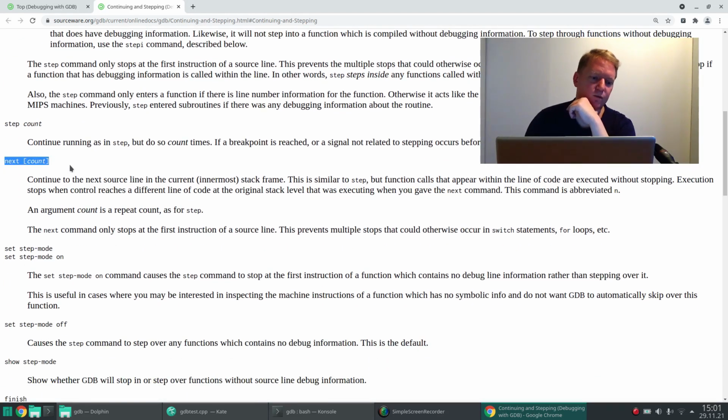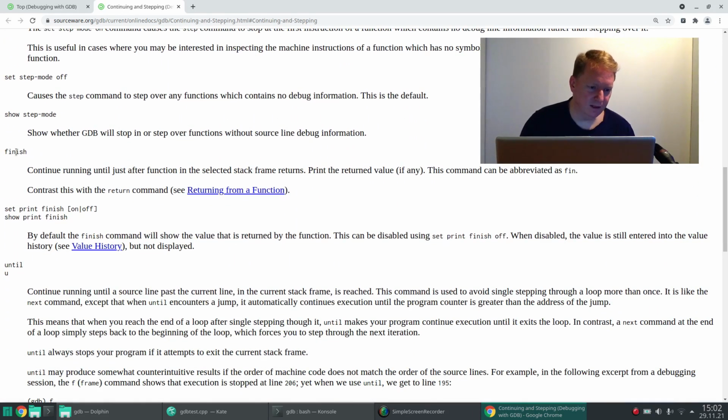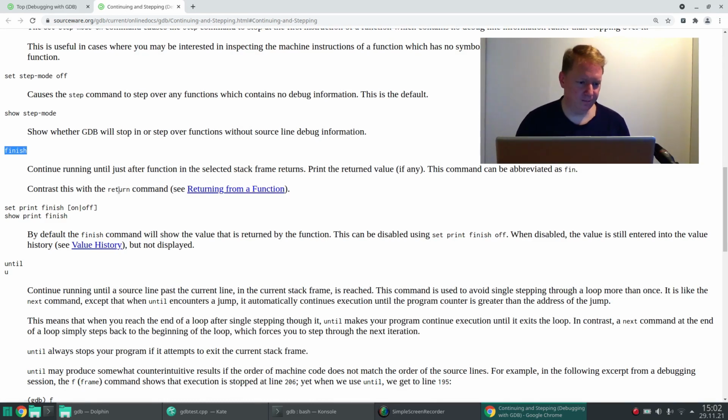Next is what you might know as step over. So if you are on a function call, next means go to the next line. So don't go into the function, just go to the next line. Okay. There's many more things, like finish means continue until you hit the end of the function,